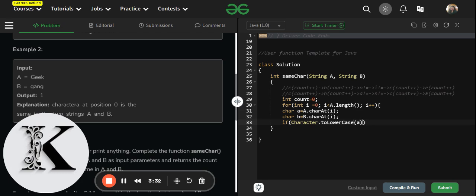So here we will be adding equal to, copying this one and pasting this, and in the if condition, if both are equal, then we will increase the count by 1, and then we will return the count.